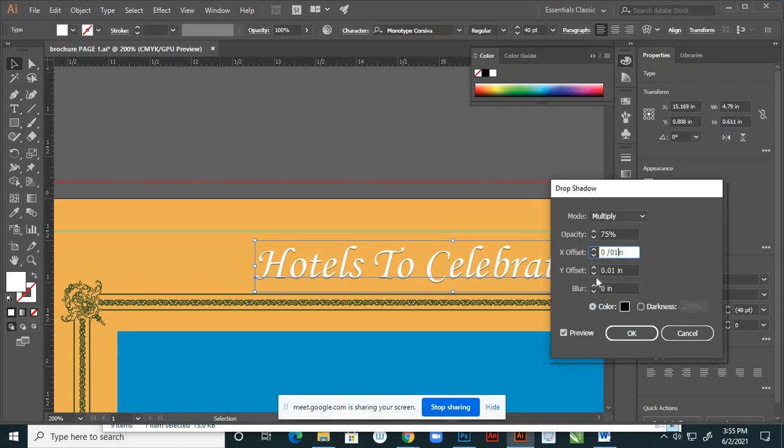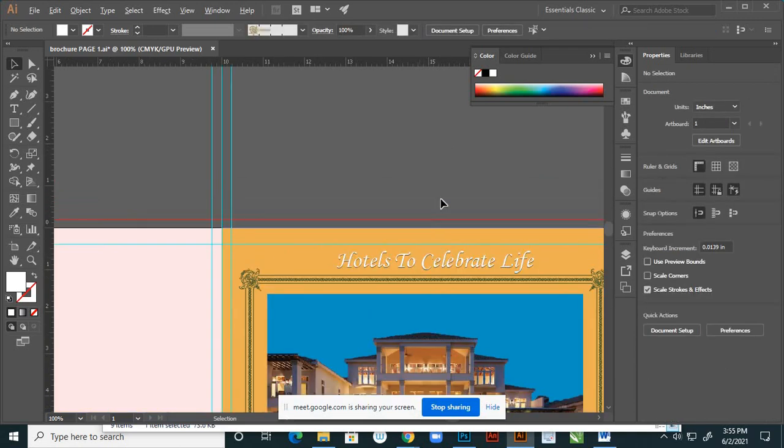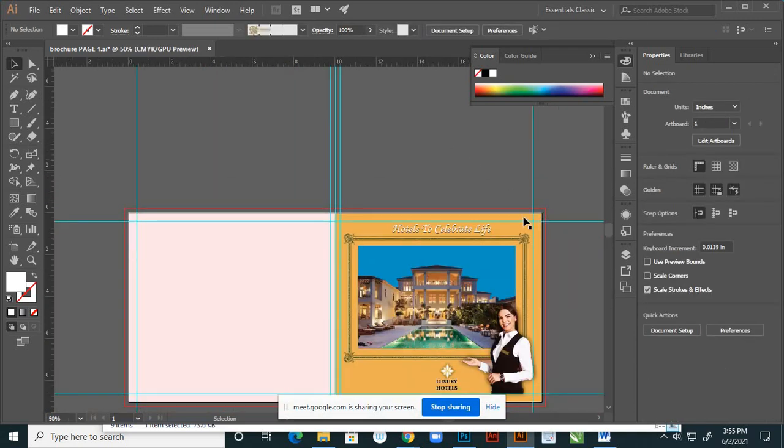Sorry, 0. Here I'll take 0.2. Yes, this is okay. Say OK. Now it is highlighting the text, right?